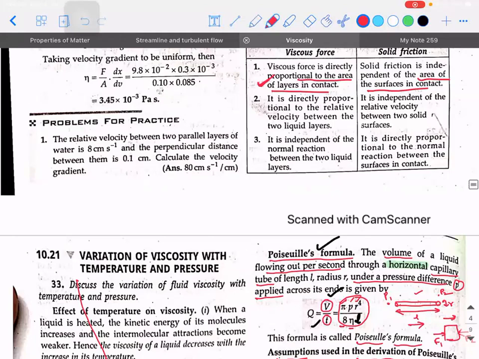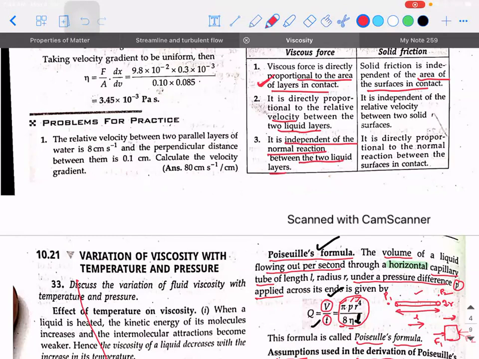Next, it is directly proportional to the relative velocity between the two layers. Whereas in the case of solid friction, again, we never talk about the relative velocity between the layers. We only know that the relative motion is opposed. That's it. Third, here it is independent of the normal reaction between the two layers of the liquids, whereas solid